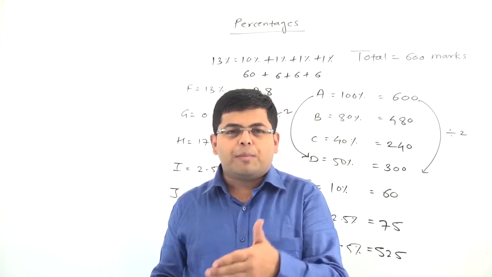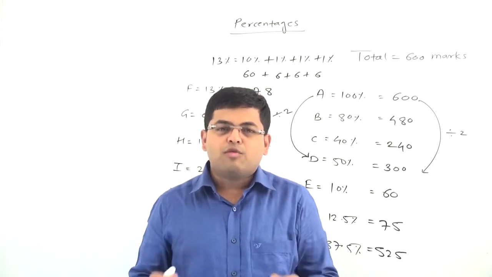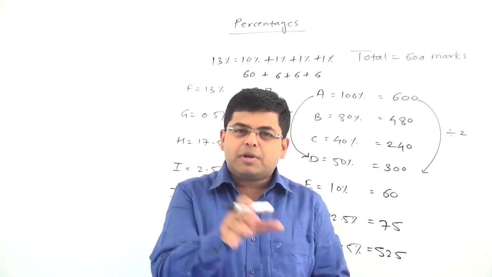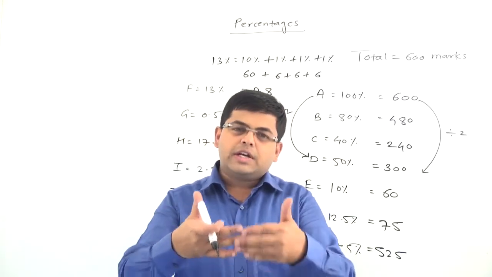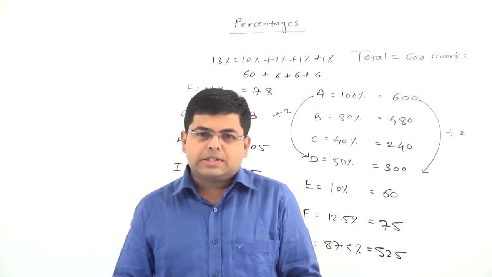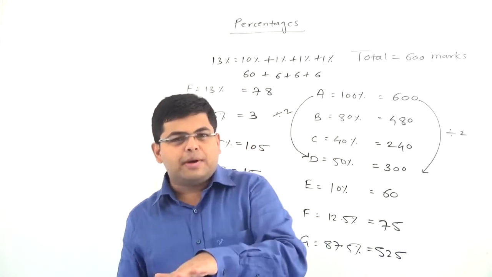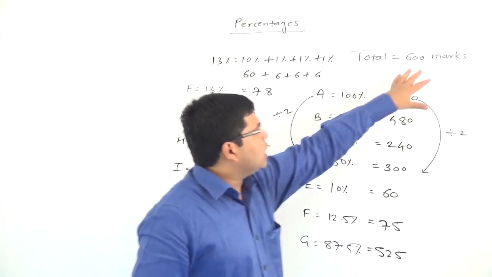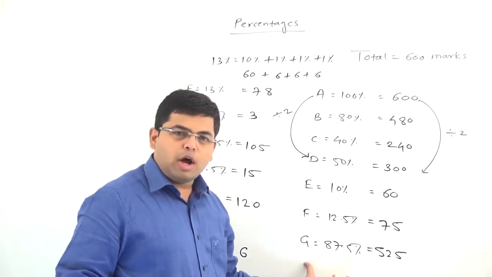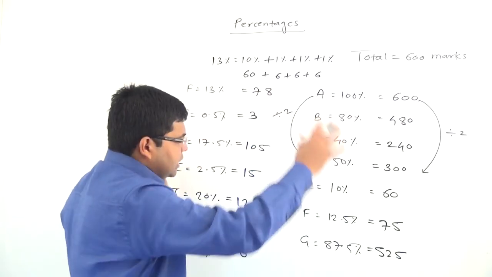Simple arithmetic operations are satisfied by percentages. What do I mean to say? 10% plus 5% will become 15%. 10% divided by 2 will become 5%. Similarly, 10% multiplied by 2 will become 20%, and so on. So, total can always be broken into smaller parts, and then different percentage values can be